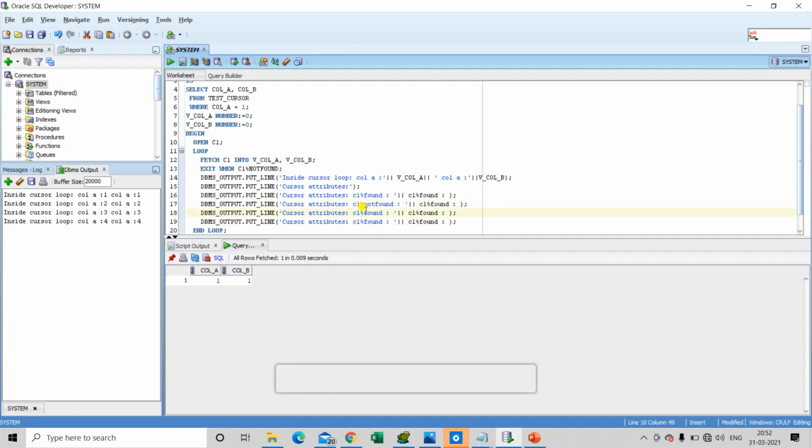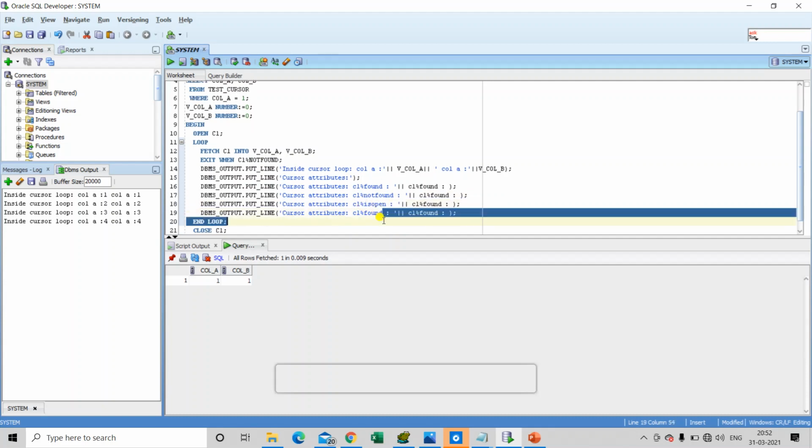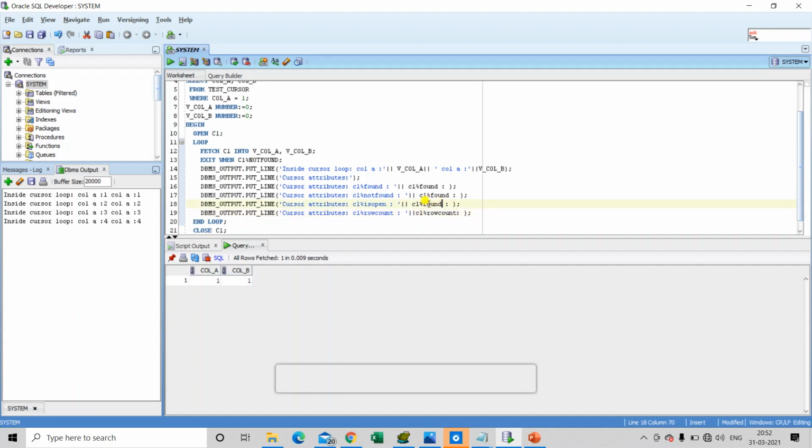So I am printing here all the cursor attributes. As this is of type boolean, we need to handle it with a case.